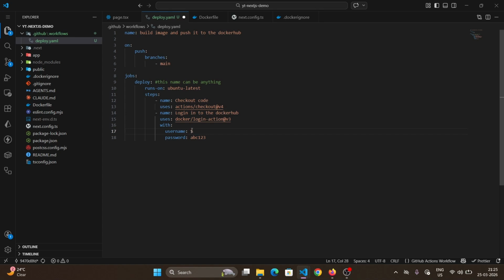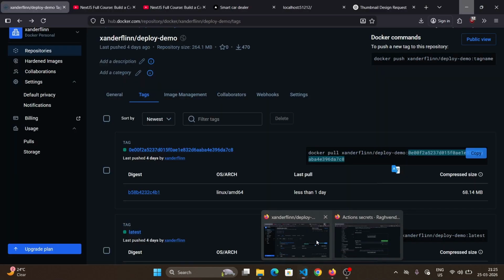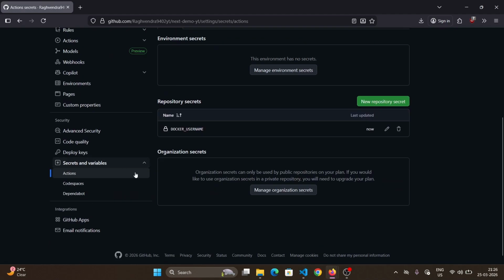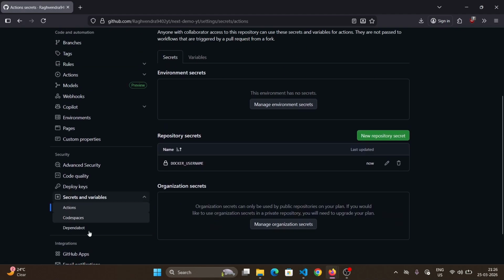Add a dollar sign, double curly braces, space, we have to write secrets dot docker username, space. Now this line will see this repository variables secrets dot docker username, वो इधर से उठा लेगा अपने आप।